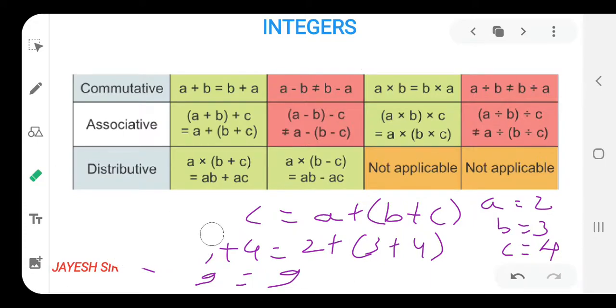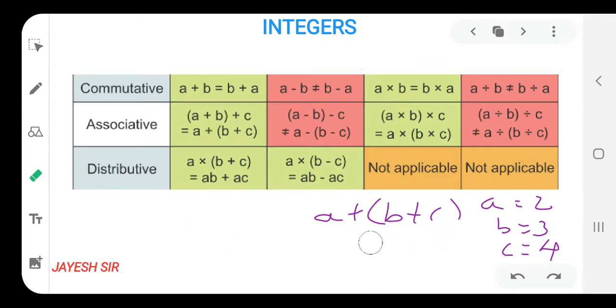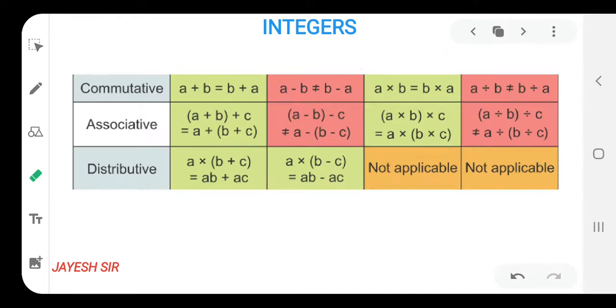Similarly, associative property is also not applicable in subtraction and division, as you can see here also. If you are having doubt, you can solve it at home also, friends. So let's begin with our most important property, that is distributive property, and it is one of my favorite properties, as all of my students know why I like this property, because it helps a lot in calculation.